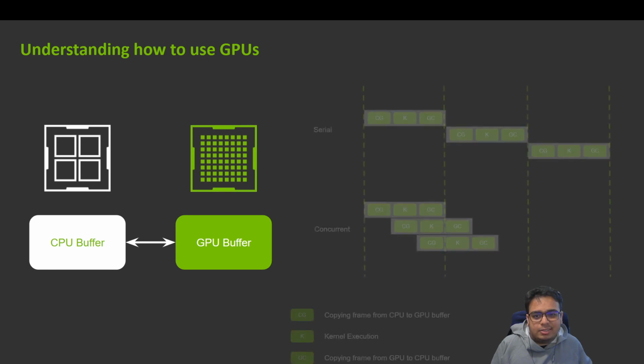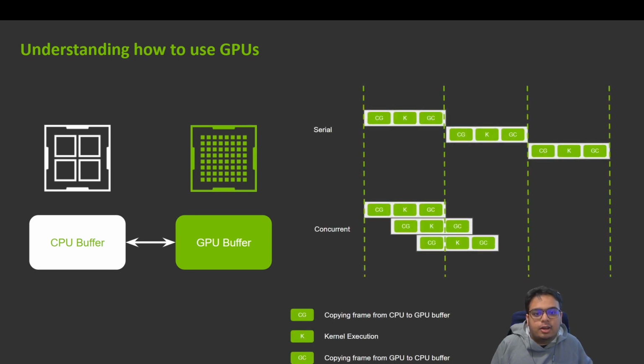Now, say if you have a set of frames to process, one of the ideas that would come to mind is first, we would move one frame to the GPU memory, run an effect on it, and then move that frame back to the CPU memory. This is a serial process which leads to resource wastage, as copying frames and processing them uses two different kinds of resources. To minimize this wastage, we can concurrently process multiple frames.